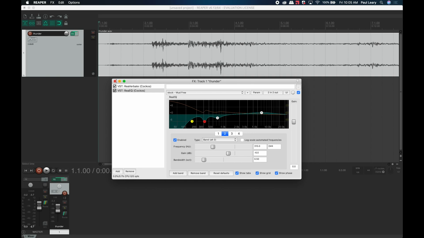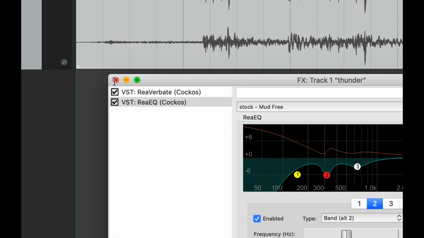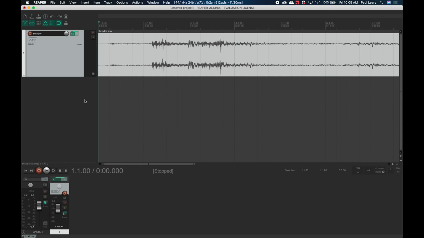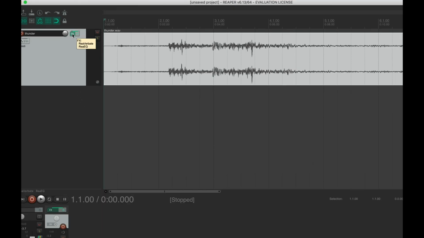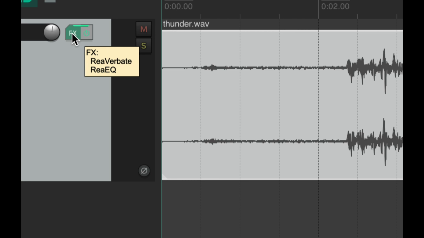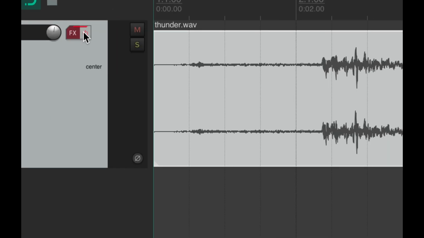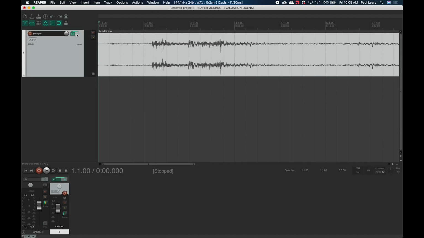So anyway, I can close this window with the, in the corner, and my effects are still there. They're just hidden, okay? You can see now the effects button though is green, and it tells me the two effects I have installed here, which is great. And if I want to turn them off, I can actually toggle them on and off with this button on the right, right? So that's going to turn my effects on and off if I want to try them without it, for instance. So now my track sounds a little different because it has a delay and a reverb on top of it,